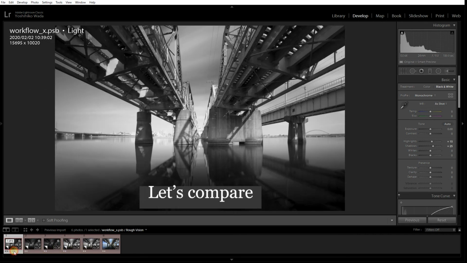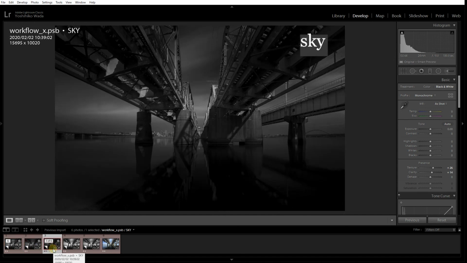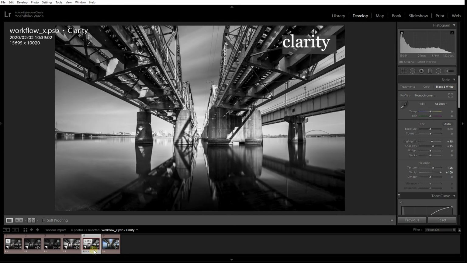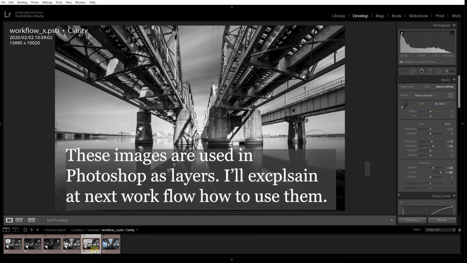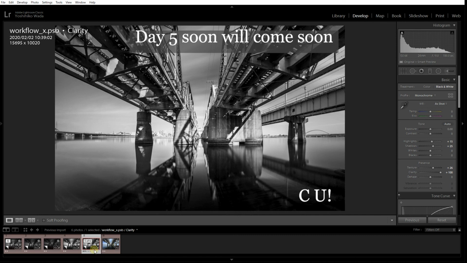So let's compare rough, base, sky, light, and clarity. After that, you can export them to Photoshop and layer them, and pick up the areas from each layer to achieve your desired fine art look. So work for the day is over now, and see you at the